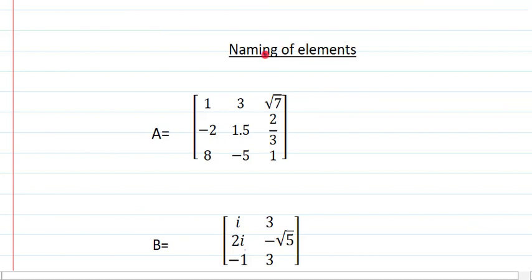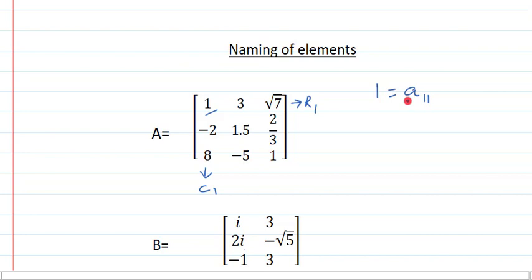Next, let us take naming of elements. To name the elements of a matrix, we need to see the position of that element, and then according to that position, we name the element by a small letter of the English alphabet and put the position behind it. Like this element 1 is in the first row and in the first column. It means this element 1 can be named as